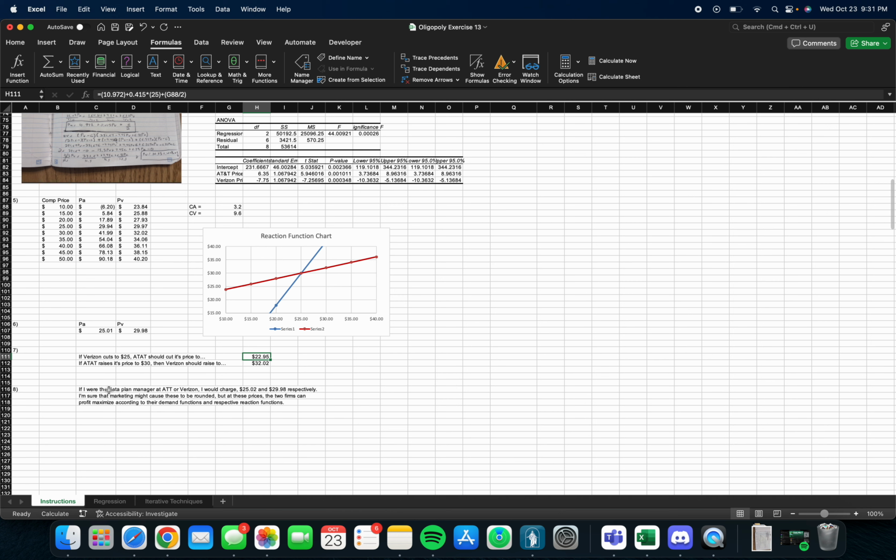Because of marketing, these might be rounded, but these are the exact prices that we found based on reaction prices that would profit maximize according to their demand functions and their respective reaction functions. Obviously, with oligopolies, there are situations where each of them can make more, but because they are in some level of competition, they have to react to each other's prices. So yeah,